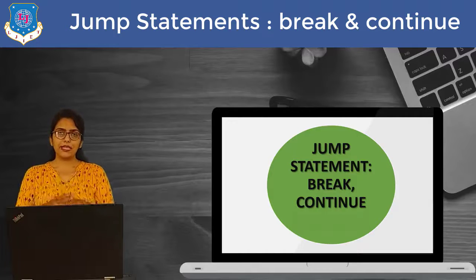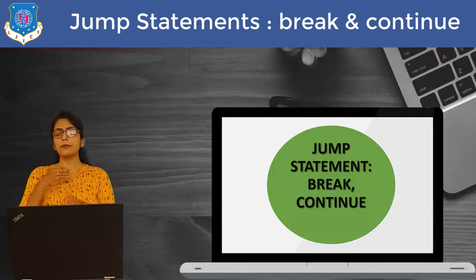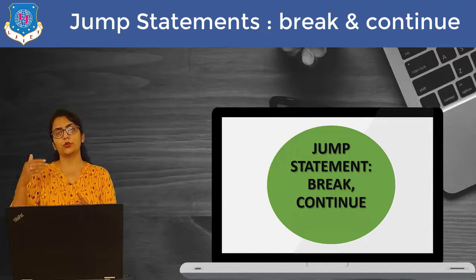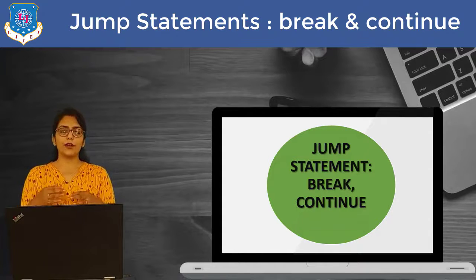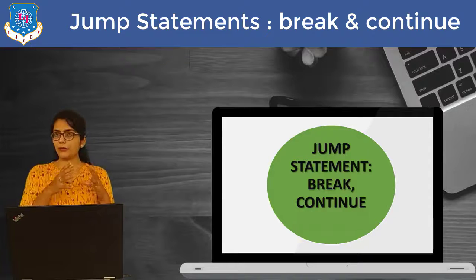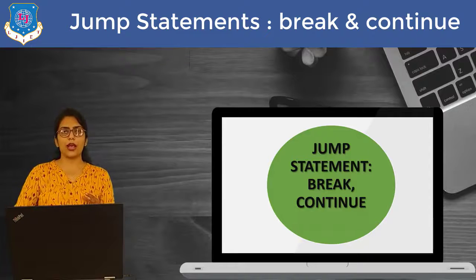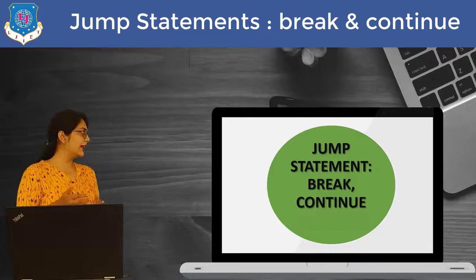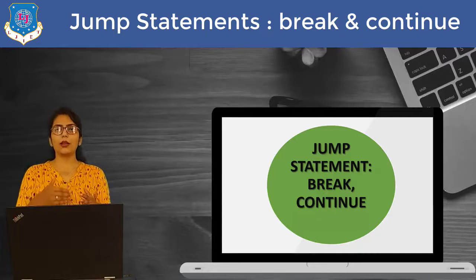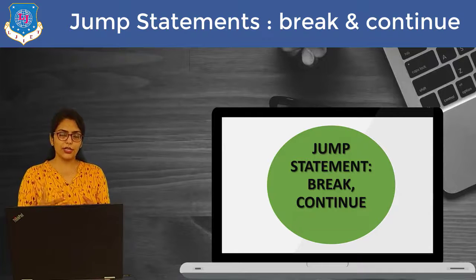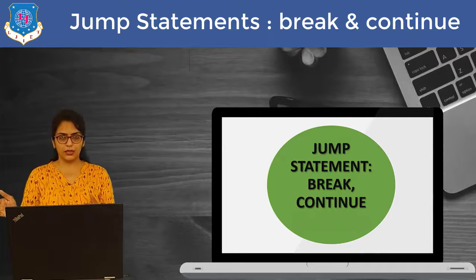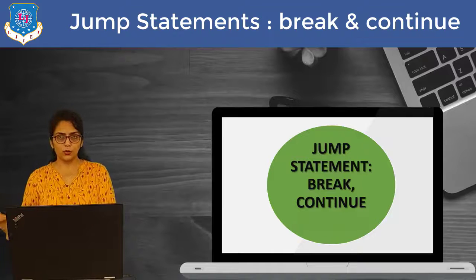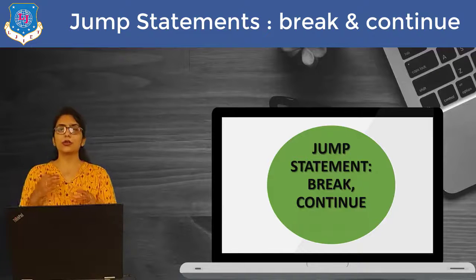So, basically, if I talk about jump statements, sometimes in your programming, it may happen that for some condition you want to skip the code. What we are doing in loops is, if some condition is true, then I am going to execute that code until that condition is true. But instead of that, with jump statements, for some particular condition, if I want to break the entire loop, or if I just want to skip some partial code, then I can use jump statements.